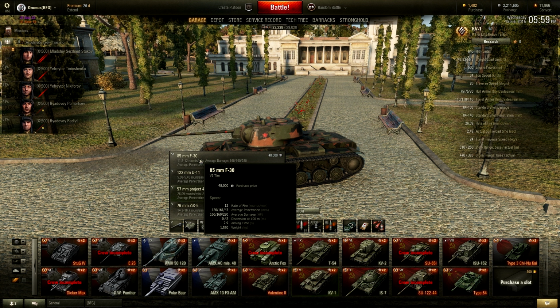So that means that if you account for RNG, random number generator, which is Wargaming's way of simulating real life conditions that make it so you don't always hit where you're aiming, that means that at 100 meters, your shots potentially could land 0.42 of a meter within that area where your reticle is looking. Your shots could land anywhere in there. Now,